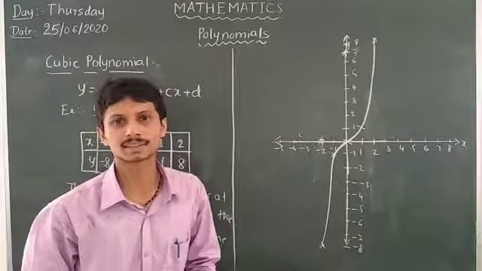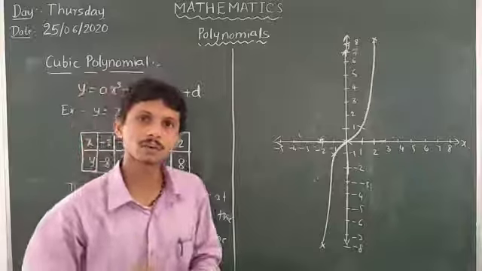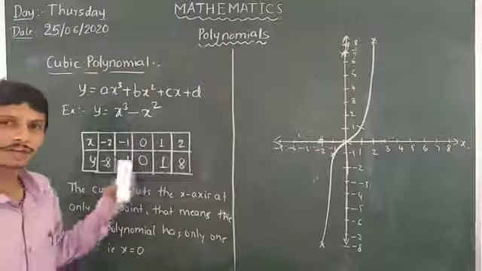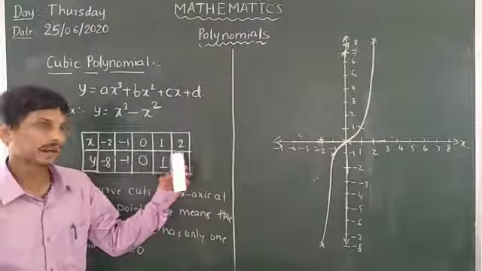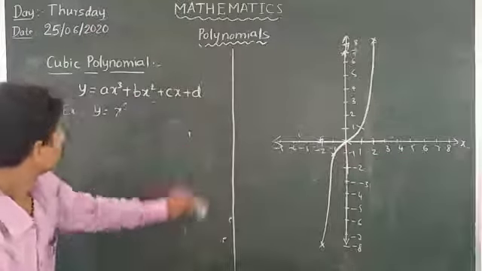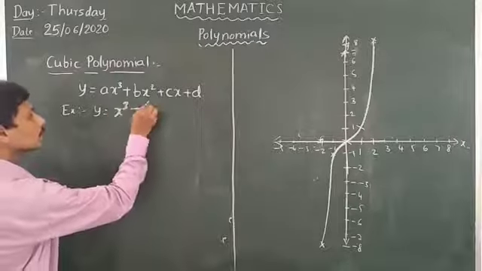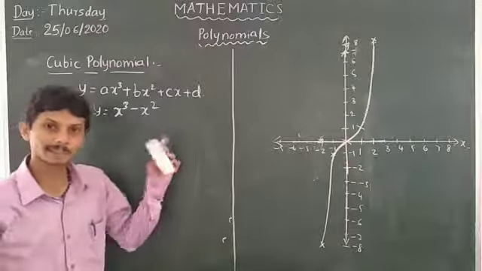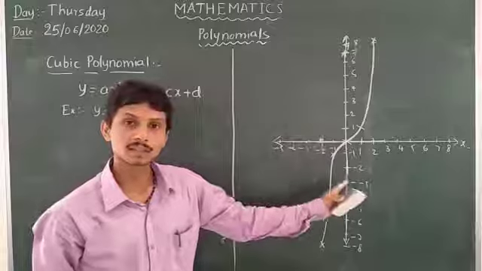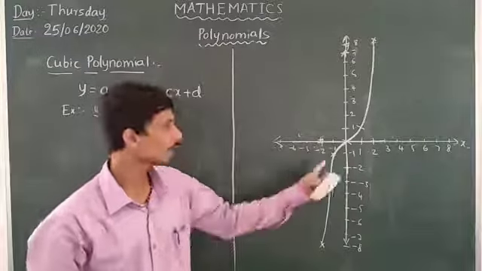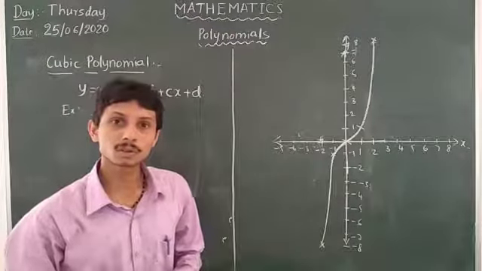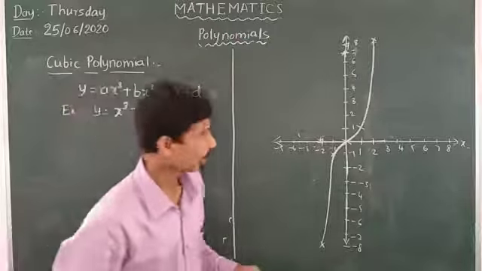So let us take any other example. You can take it and solve it in your notebook. That is x cube minus x square. You can take the values of x, and I will give you homework, that is y equal to x cube minus x square. Solve it at home and represent those coordinates or numbers in the graph. So we have to take the zeros of the polynomial.